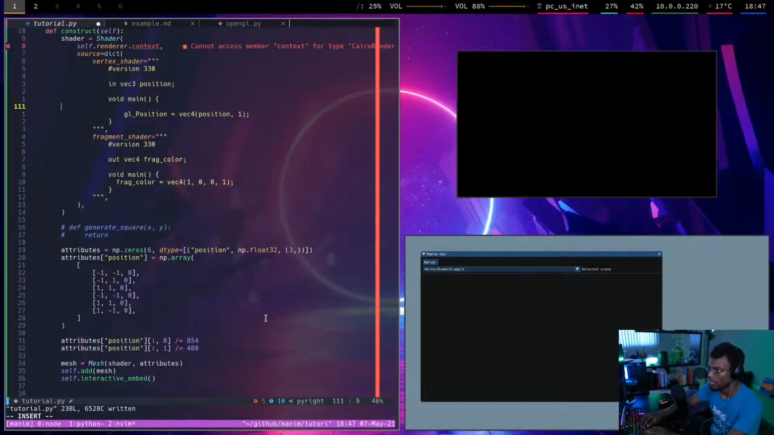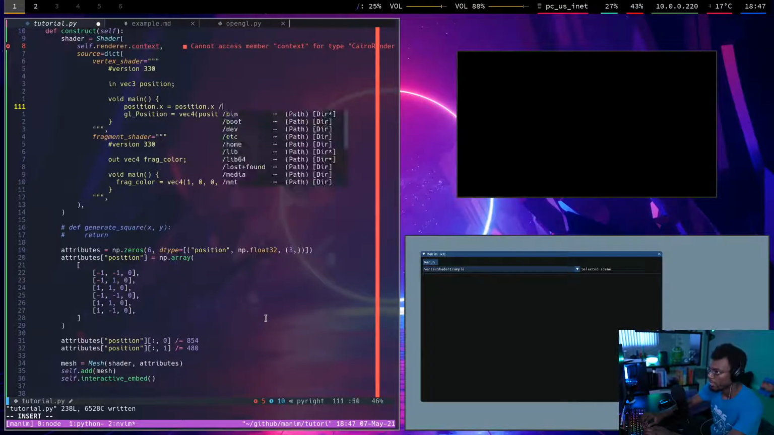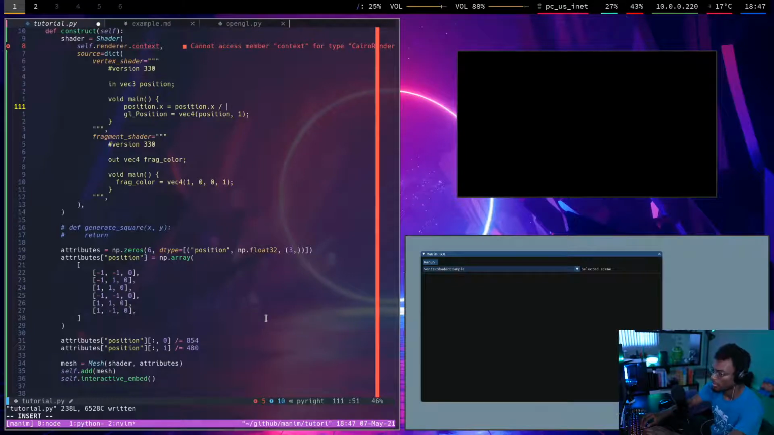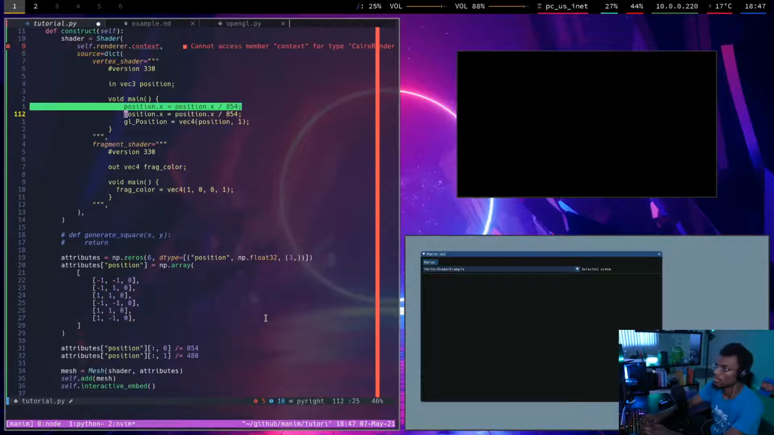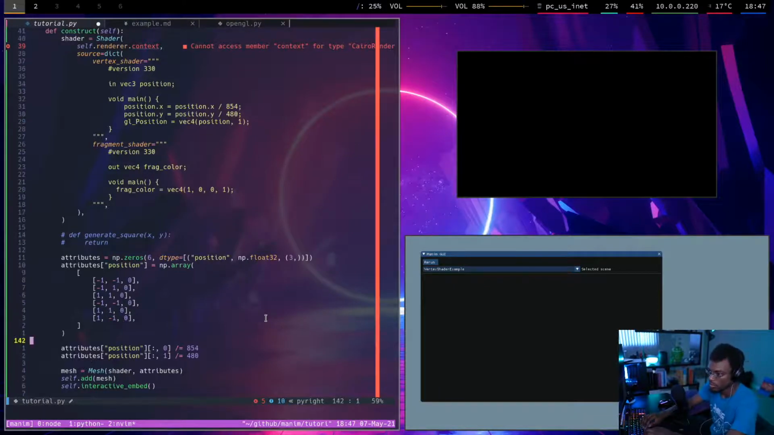So let me take position. First of all, let me do this in the vertex shader. So I can do position dot xy. Okay, it's position dot x equals position dot x divided by 854, and the y divided by 480. And I won't do it here. And if I run this,